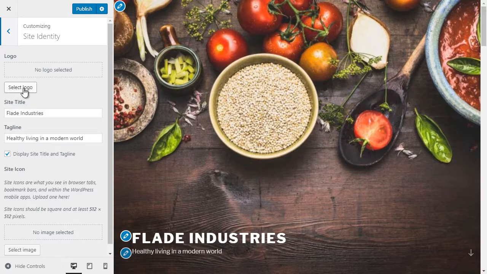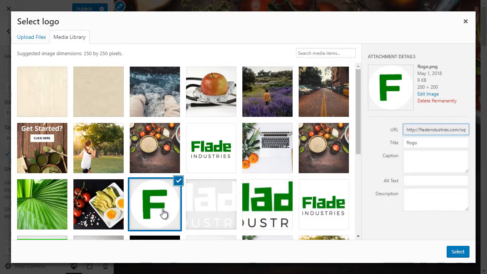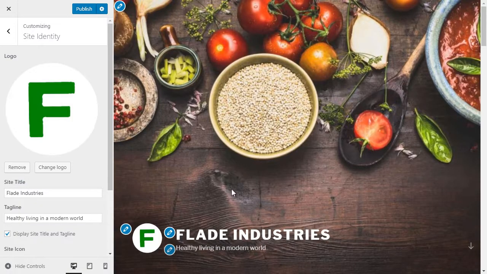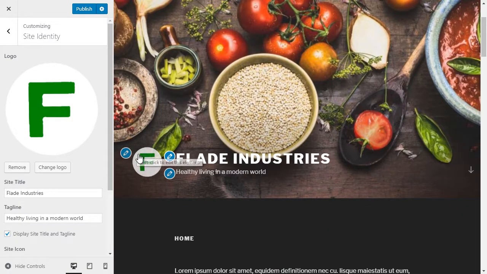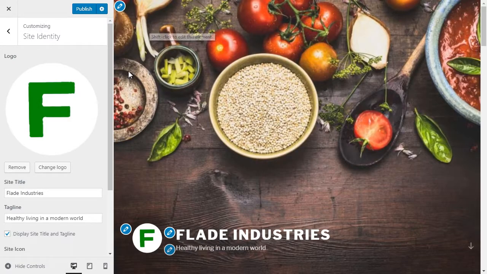I'm just going to select a logo here. Now with the 2017, you can't actually get a full logo to replace this text, just a little logo that sits off to the right. So I've got a little PNG here with a circle. Crop that image. And you see now we've got that there. It's just like a little F logo. And our site's basically customized using the 2017 theme. So if I publish that,